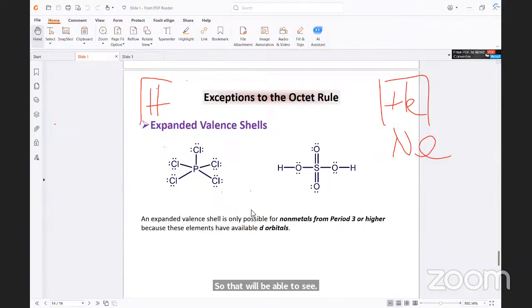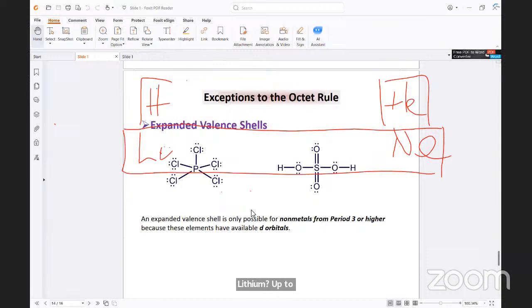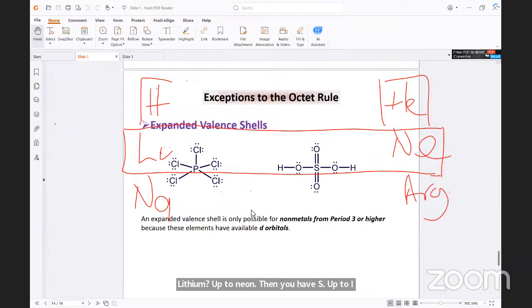You have lithium up to neon. Then you have sodium up to argon. Now, in this row,